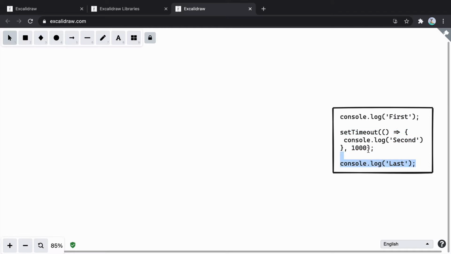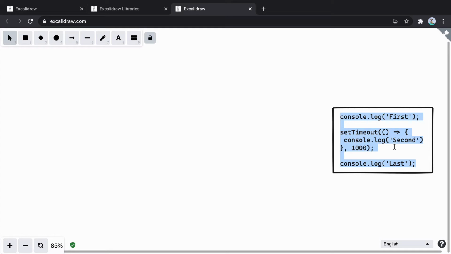Why? Because JavaScript follows a rule known as run to completion. Whenever it starts running the code, it always runs to completion, meaning only after completing that task does it go to the next line. So console log will get executed, and we should see the message first. Then setTimeout will wait for 1 second, because JavaScript is a single-threaded language. And then we'll see the last message, that is last. So that is how we think it should be working.